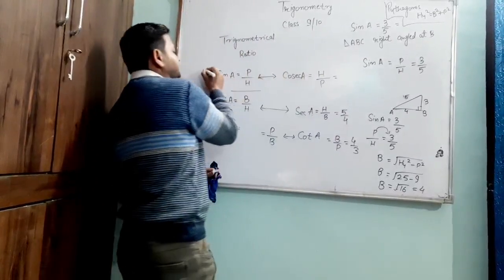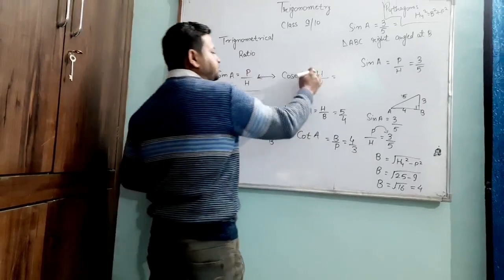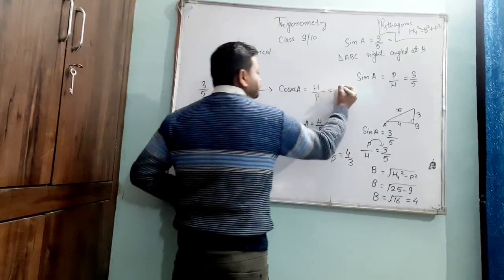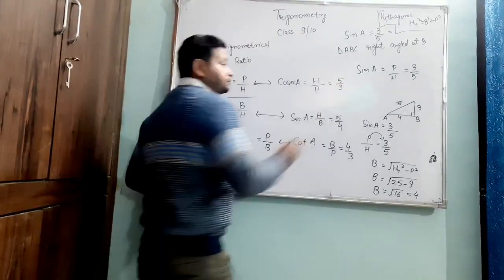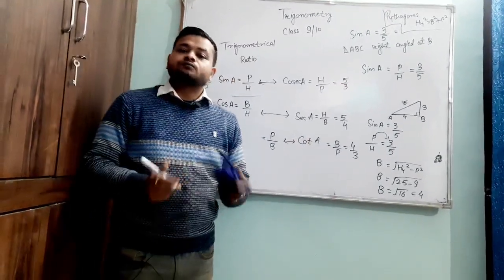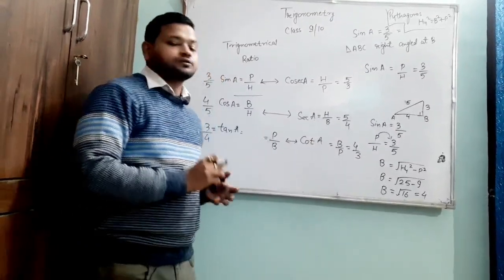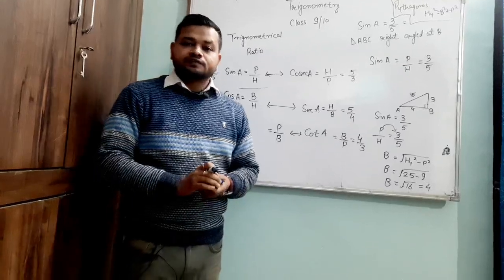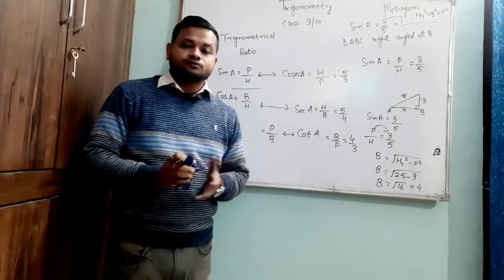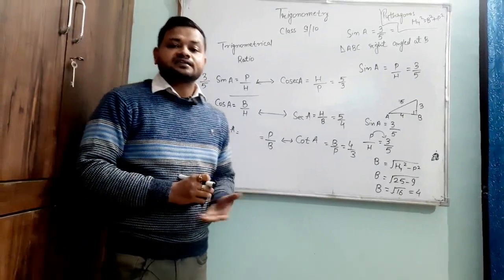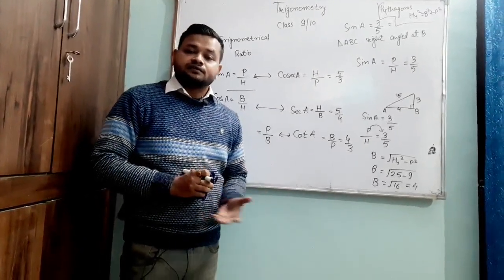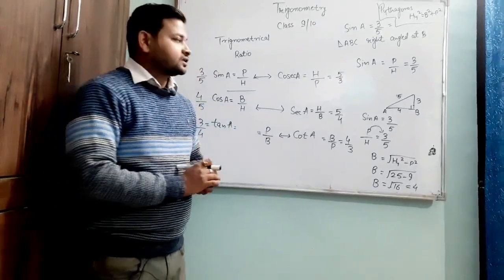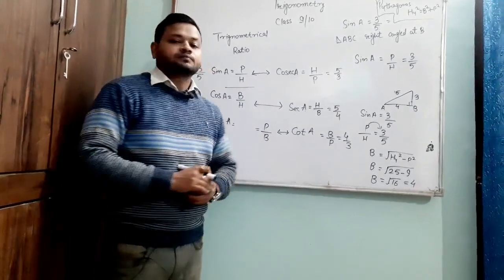Now last, cosec A will be reciprocal to sine. Sine is given as 3 by 5, so cosec A will be H by P, or the reciprocal of sine, meaning you invert it, and it will be 5 by 3. So very easily today we came to know how to find the 6 ratios: if one ratio is given, how to find the other 5 ratios. In the next video we will study the values for different angles, like sin 30, sin 60, sin 45 and all the other ratios. I hope you understood this concept. Thank you so much.